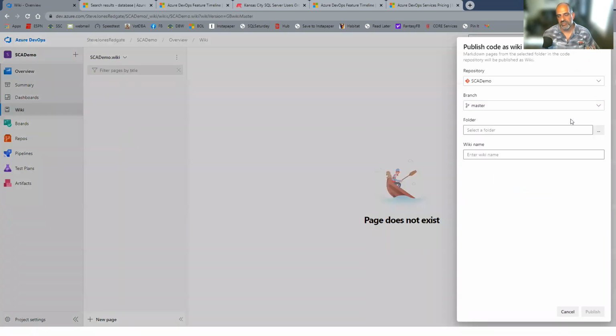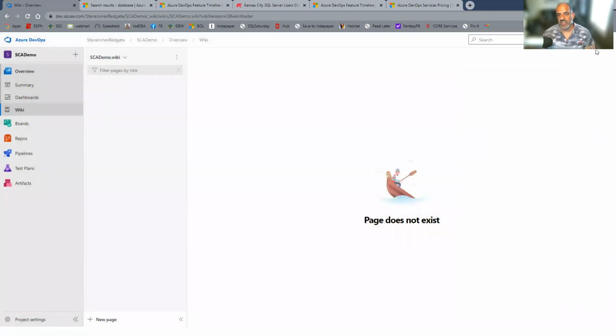Publish code as wiki. I can pick a repository and then a branch and then a folder. In my case, I made a docs folder and I put all these files in there. So I'll show you that when I go talk about repos. But essentially then for me, when I look at my wiki,